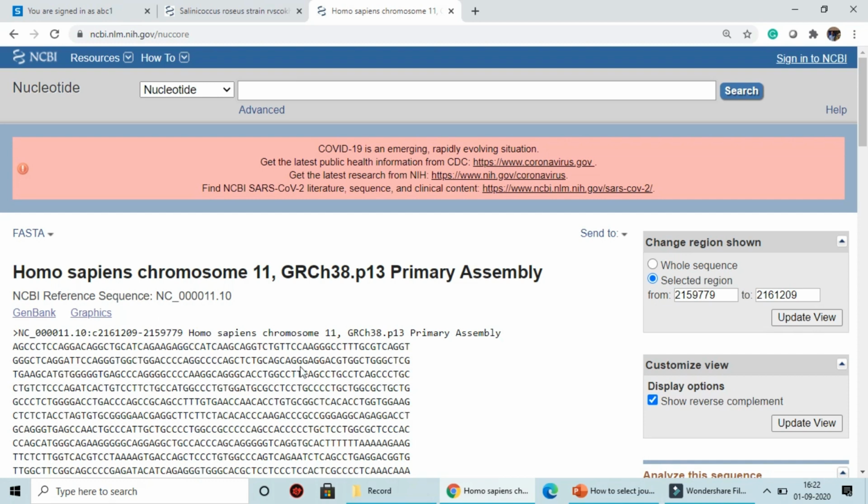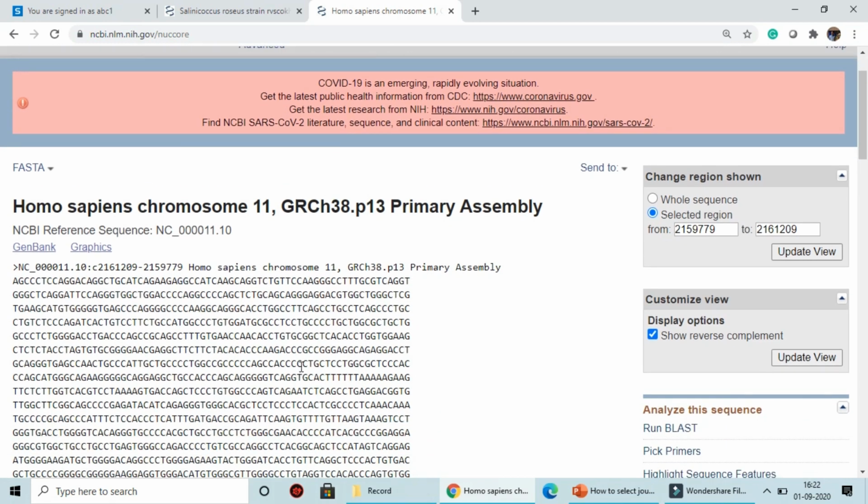Alright, so that's the demonstration, once you have keyword-based searching or accession-based searching. Likewise, if you also have a problem, you can do the same. Say for example, now I am giving you an assignment: just retrieve one gene. The name of the gene is TP53 of human being, by the help of advanced searching in the GenBank, as I have already demonstrated.